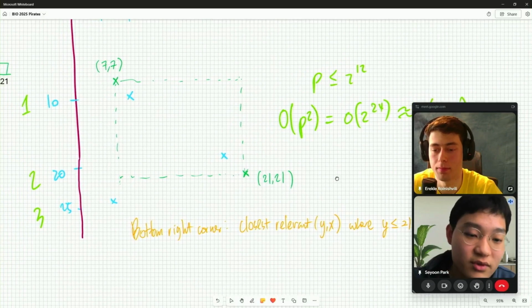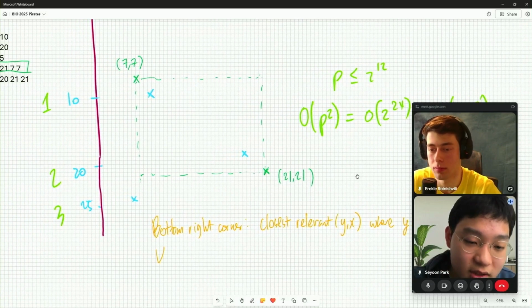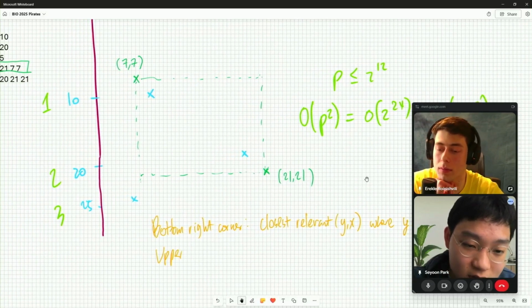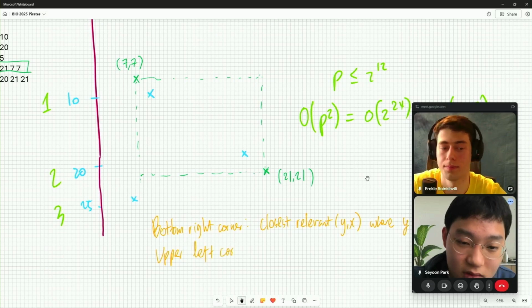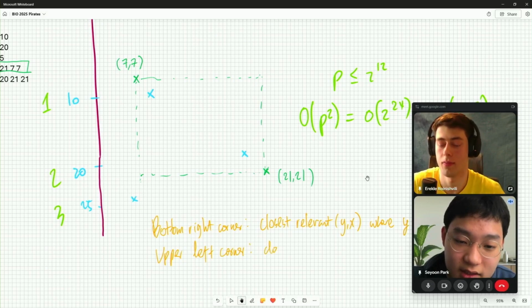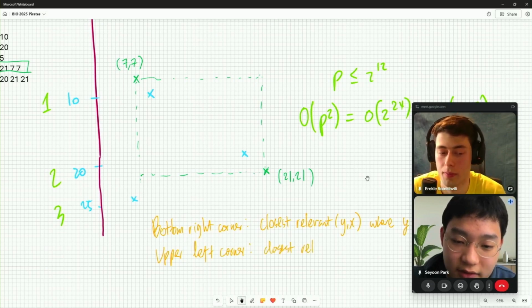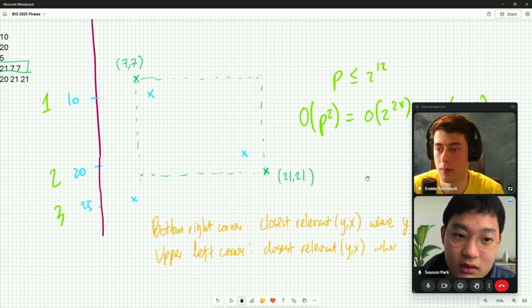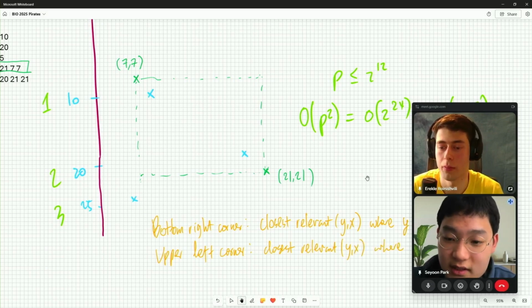And for the upper left corner, we want to find the closest relevant y, x where y is greater than 7 and x is greater than 7.